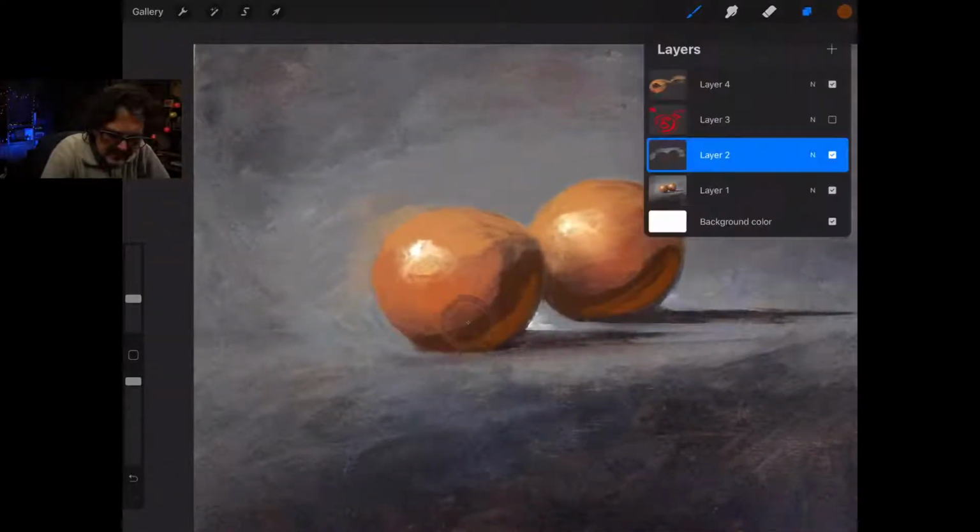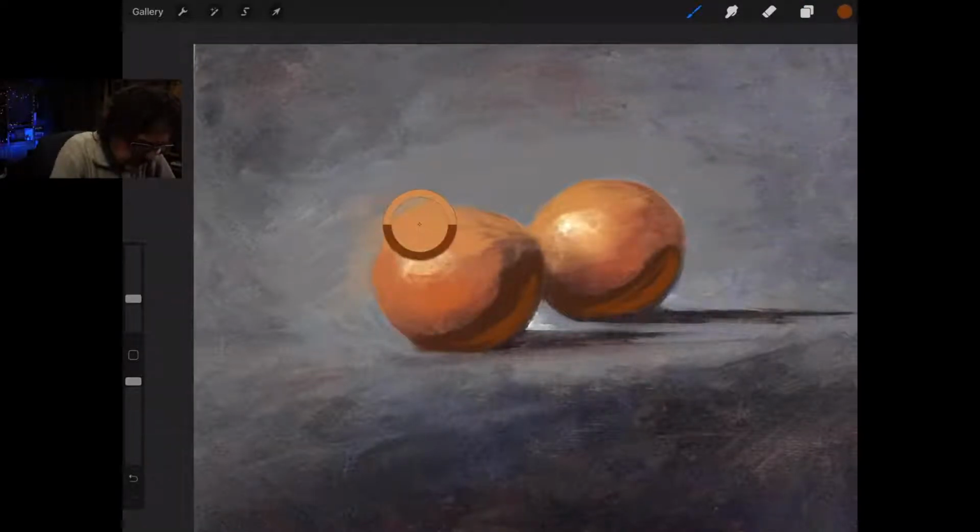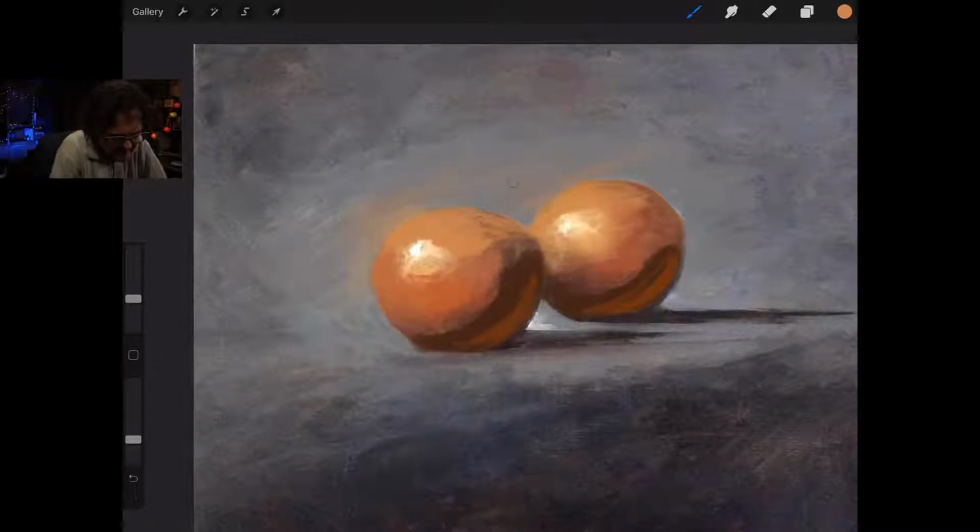So, halo and air. Should we finish this thing off with some halo and air? Now I don't know if my layers are going to mess me up here, but what I'm going to do is turn the opacity down. I just put a touch of an orange glow in there.